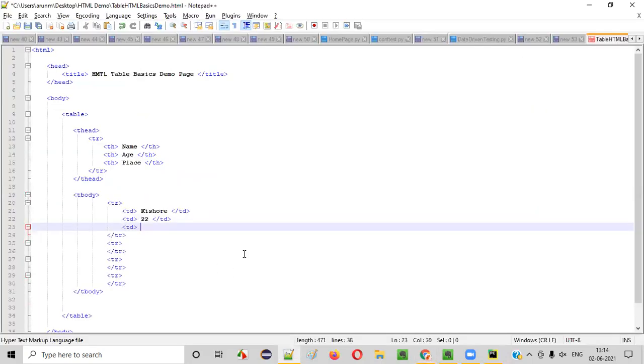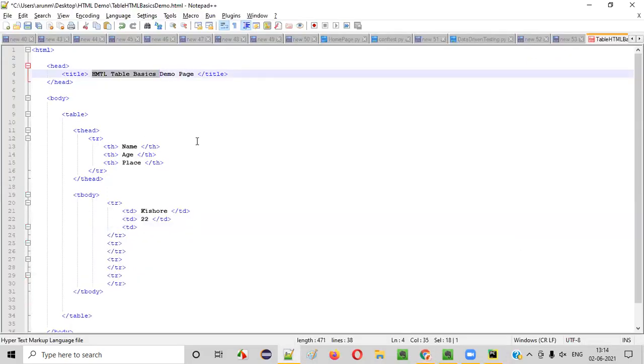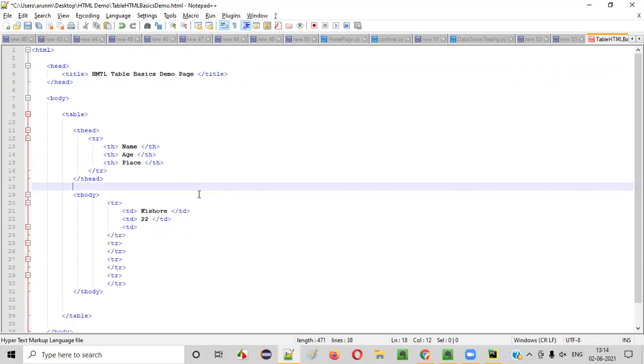So in one of the previous sessions, guys, I already covered the HTML basics, but in this session, I am specifically covering the HTML table basics. How to create the table in HTML, that's what I'm covering. If you are very new to HTML, just go and refer to my previous video in this same series where I explained completely about the HTML basics. If you understand those HTML basics, understanding this HTML table is very easy.